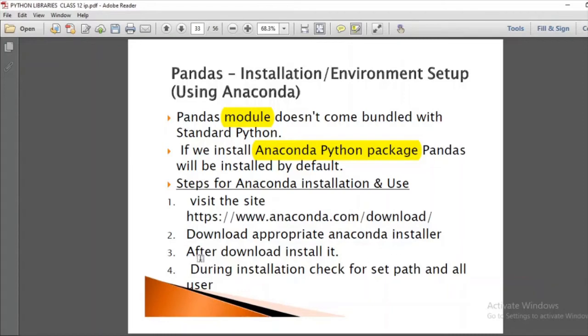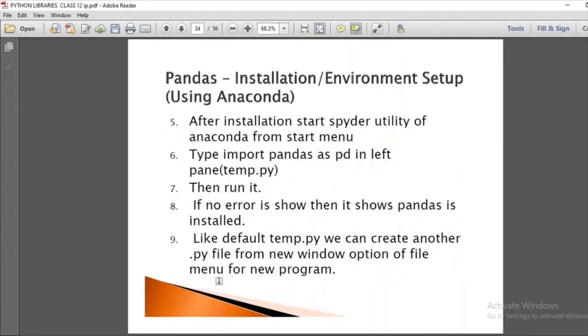So you can choose from there. After download, install it. During installation, check for the set path and all the users. Next, after installation, start Spyder utility of Anaconda from the start menu. So once your Anaconda is installed, you will see a Spyder utility